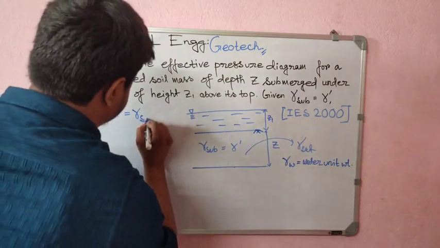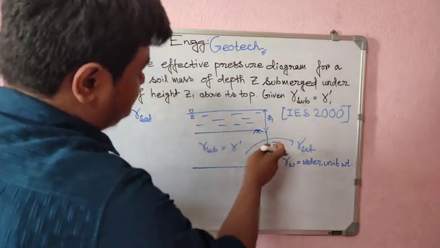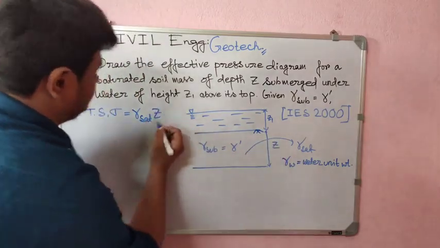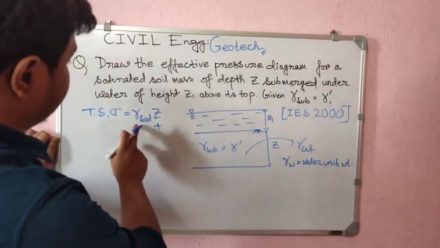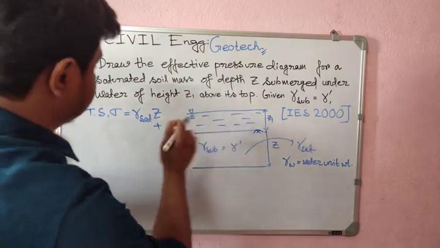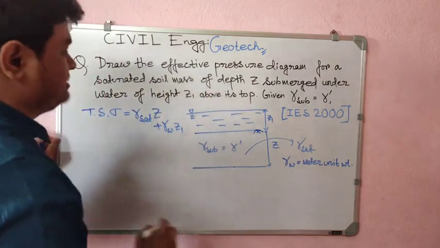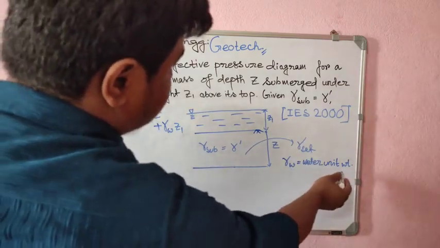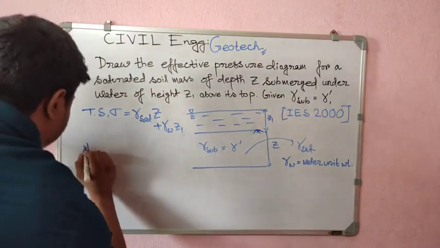So gamma sat multiplies z, plus this is the first weight of the soil, the self weight of the soil, and this is the water load, that is gamma w into z1. Because gamma w is the water unit weight, then we have to find out the pore water pressure,